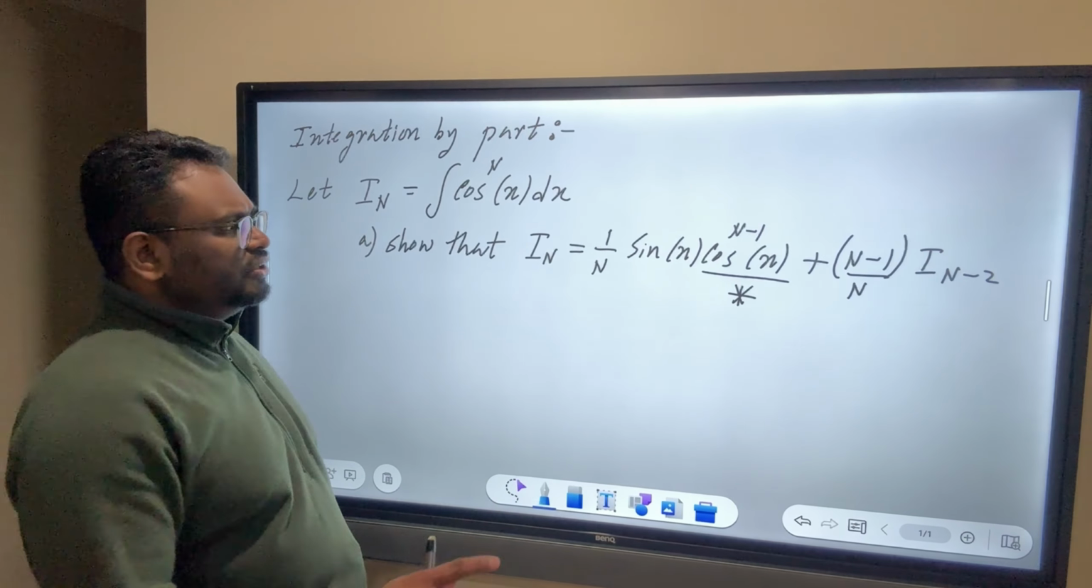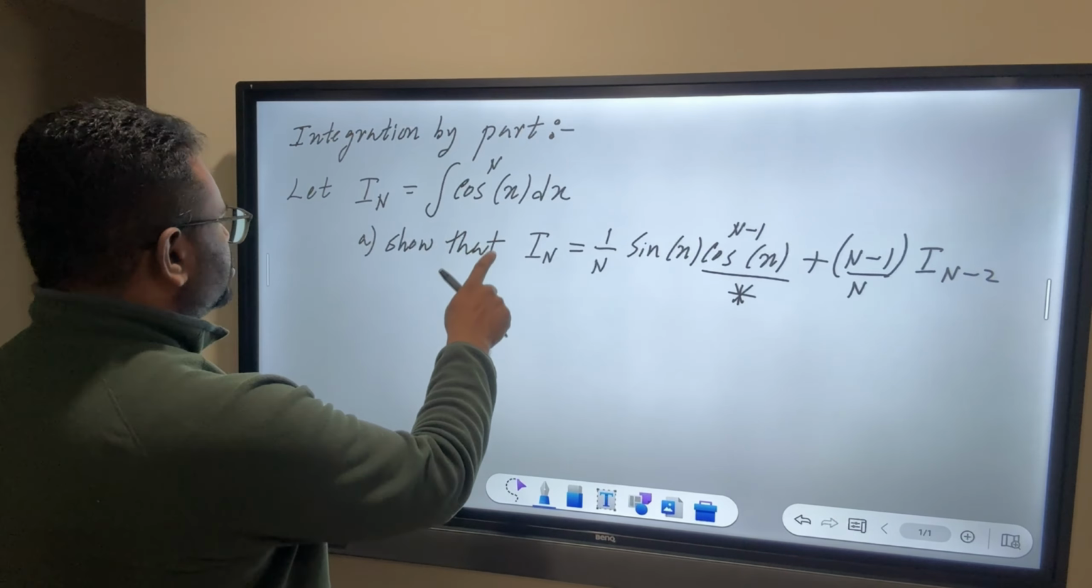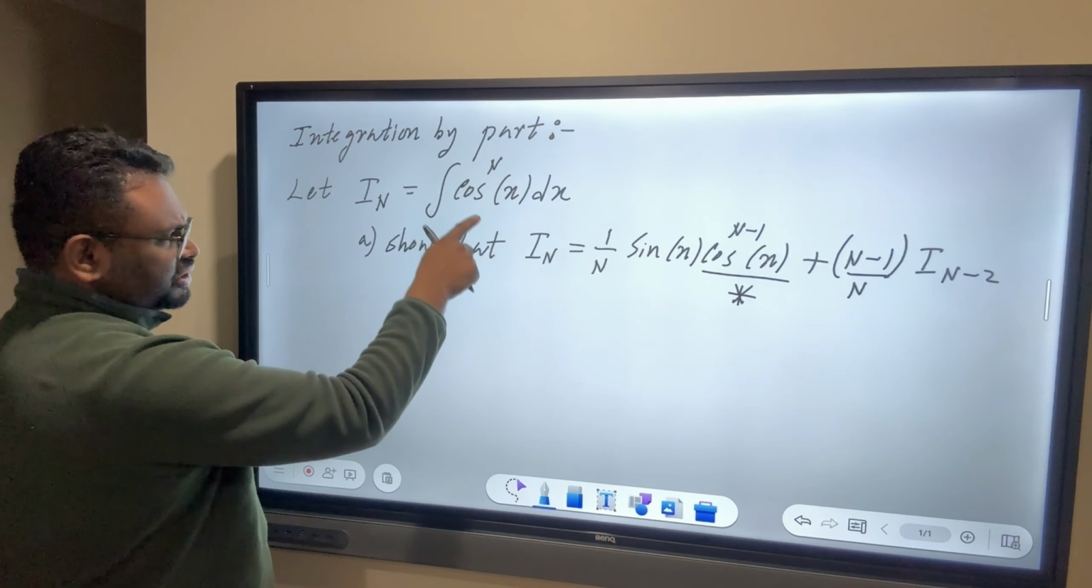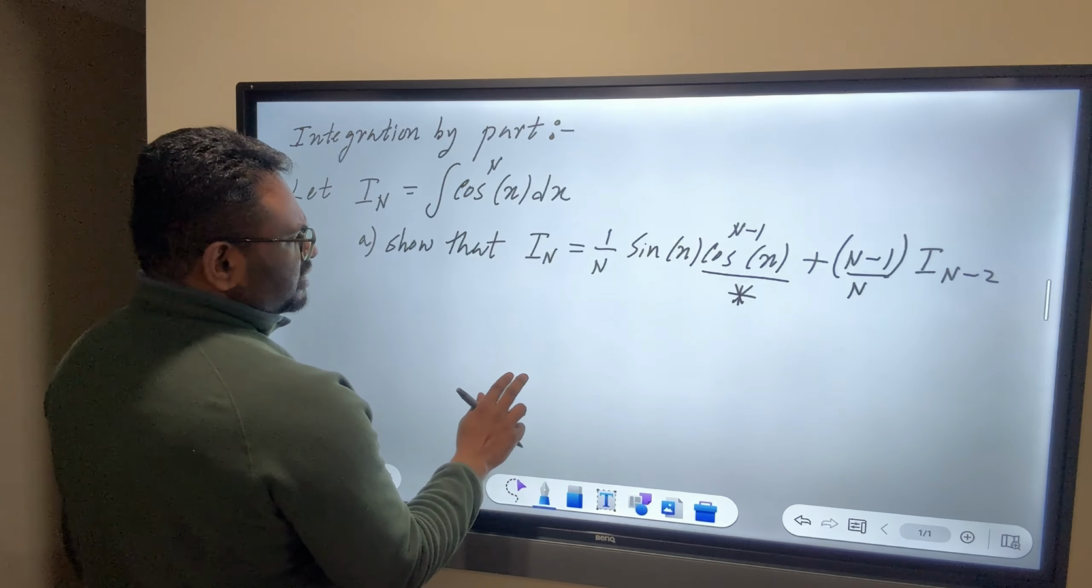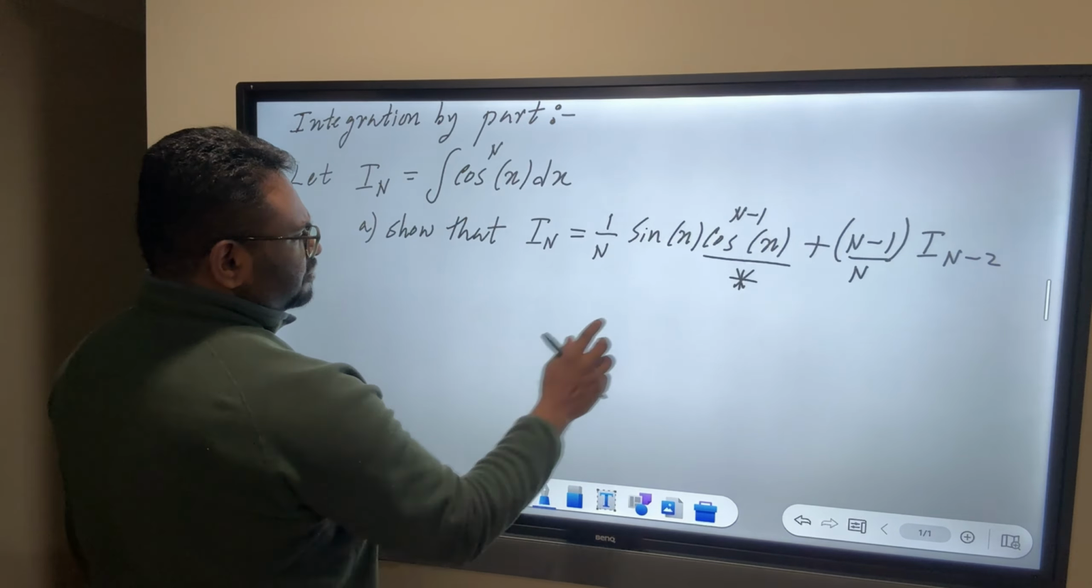Hello guys, so today we are going to discuss this question. We are going to solve this by the integration by parts technique, and then we are going to show that I_n, which is this integral, is equal to that. Okay, so what we are going to do,